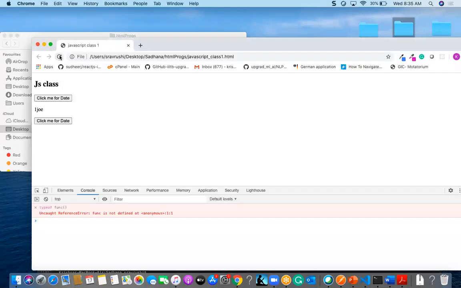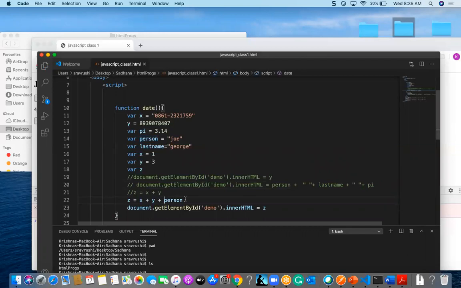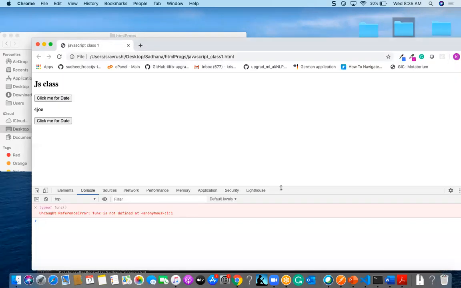At this point what will happen? 4 and joy, it will show. So let me put this x plus y after the person, and check. At this point we'll find joy 1 and 3.